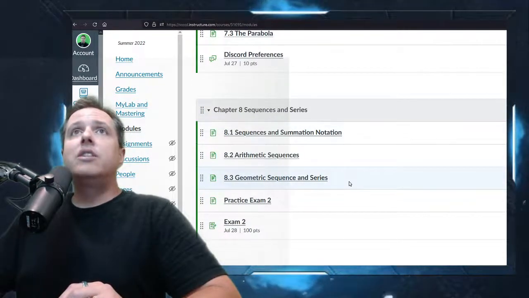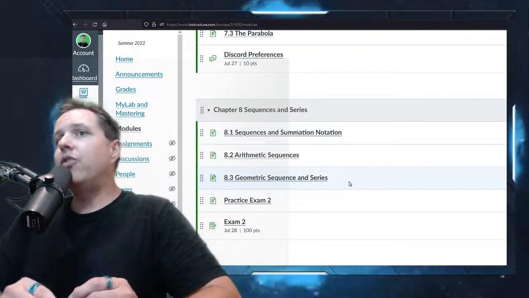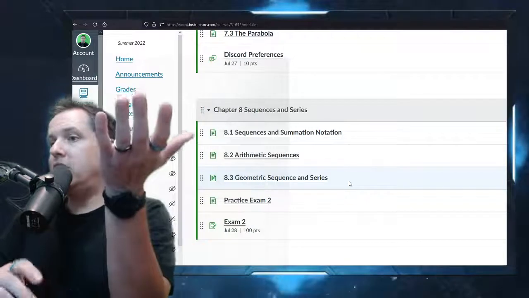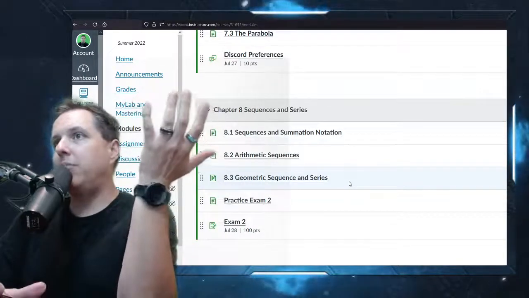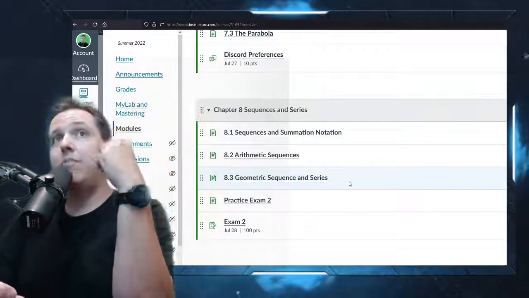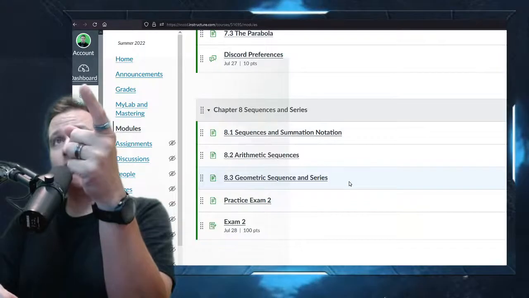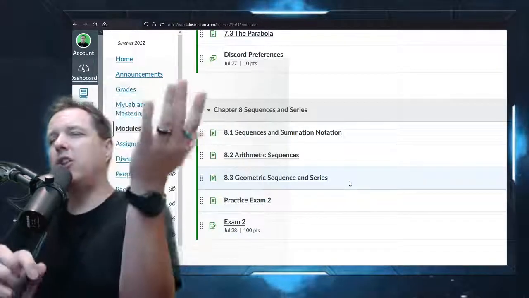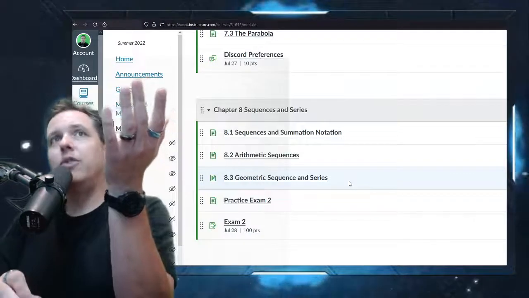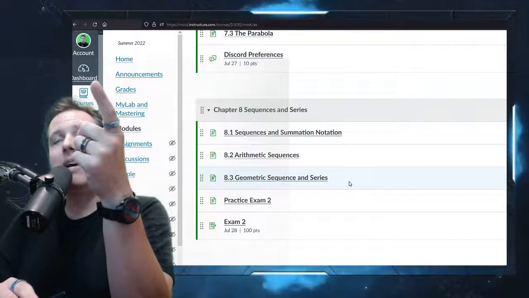So that's the last of the material. I will stick around as always in Zoom, and then on Thursday I will try to get on early just in case anyone has, not that I'm going to be able to help you with math, because it's probably going to be too late at that point to really help you with the math, but I'll be on there early just in case there's anything weird with the test not coming through right or any kind of weird behavior. I'll try to get on a little bit early, so if there's any kind of weird behavior, we can fix that before the actual final exam time.